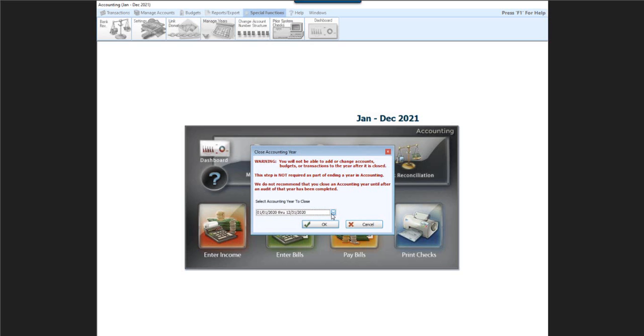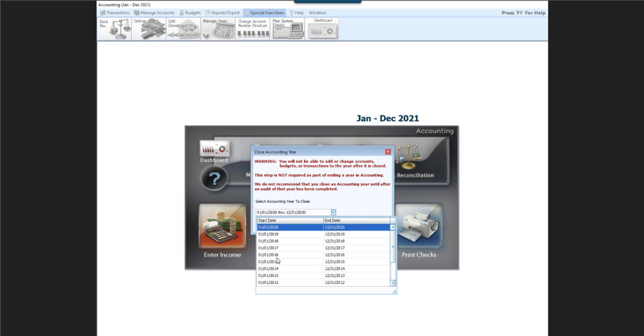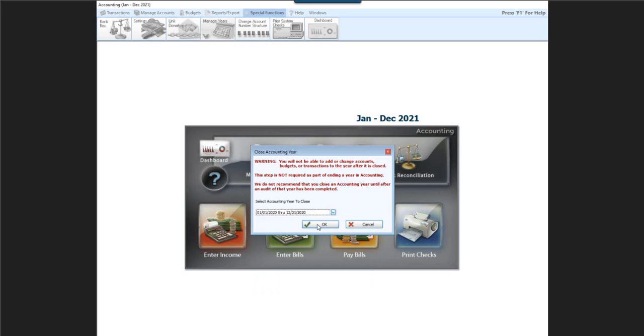Okay, but you basically choose the accounting year from the menu. You click OK on that, and it'll say, are you sure you want to close the accounting year? And boom, that year is closed. You can still go back and run reports for that year, but you cannot make any changes, make any corrections, or anything to the